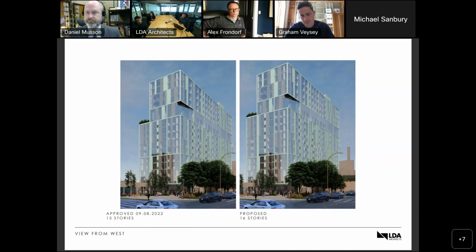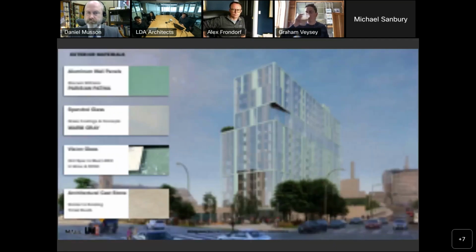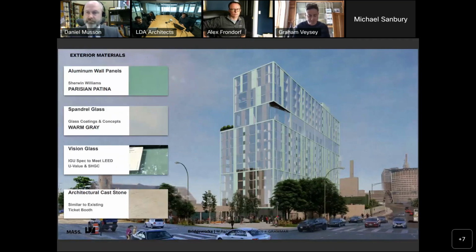We're going to go to the next slide. And this is just the opposite view from the west. The previous view was from the east side. Next slide. And then from a material standpoint, all the facade materials are the same as previously approved in the September meeting.